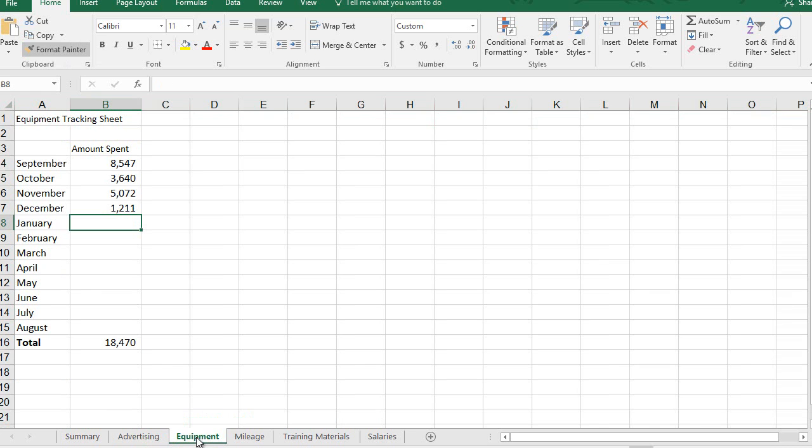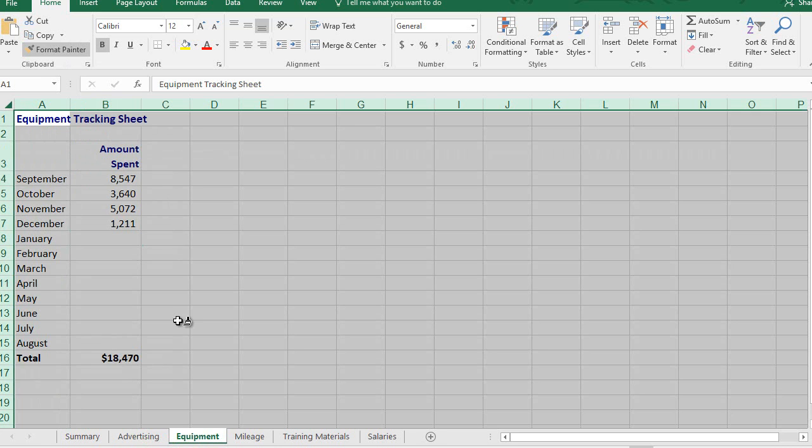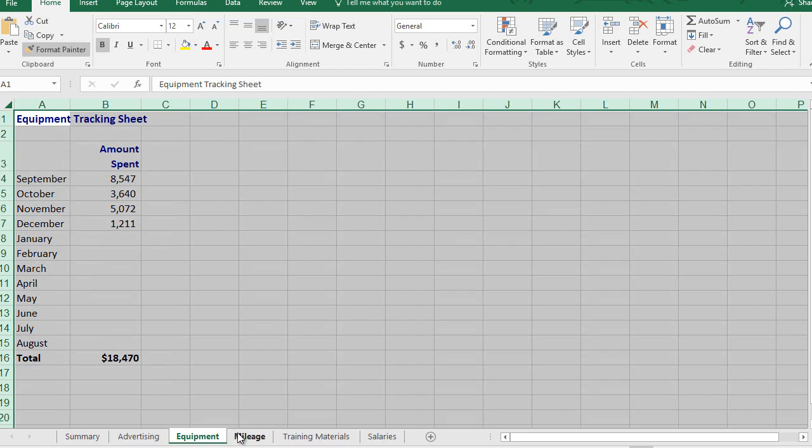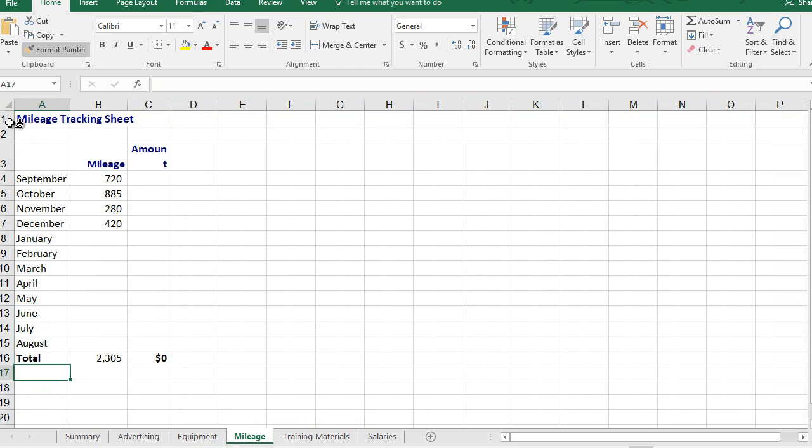So I'm going to click on equipment, and if I just click the select all button, everything should be formatted correctly because we have the exact same setup as far as where data is in cells. So it took on the exact same formatting from the advertising worksheet. Okay, I'm going to do that with mileage. So I'll select mileage here,